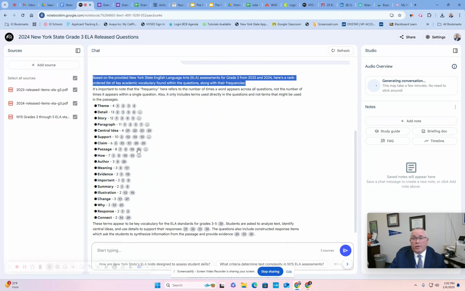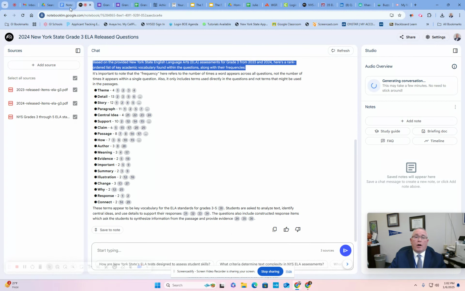Now again, remember, these are vocabulary terms that show up in the questions here for 3rd graders, 8-year-olds. So this could help us and our teachers have a better understanding of what we should see on word walls in our classrooms or word games to help reinforce that vocabulary. Okay, so that's one